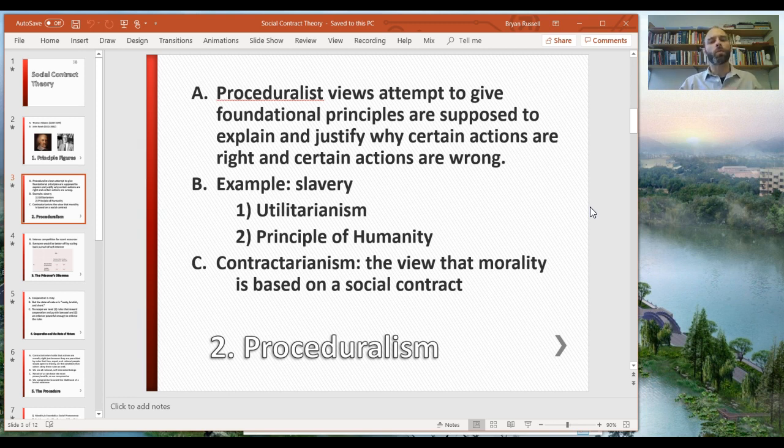So take, for example, the practice of holding slaves. Utilitarianism offered us a procedure for determining if that was right or wrong. For utilitarians, the procedure to determine if anything is right or wrong is to first ask yourself, is it the action which will lead to the most happiness out of the available alternatives? If it is the one which leads to the most happiness, then it's right. If it's not the one that leads to the most happiness, then it's wrong, because there's a better thing we